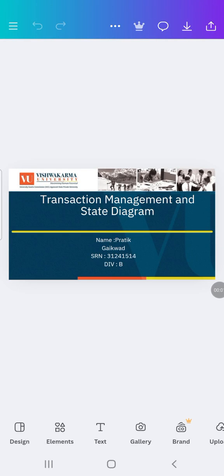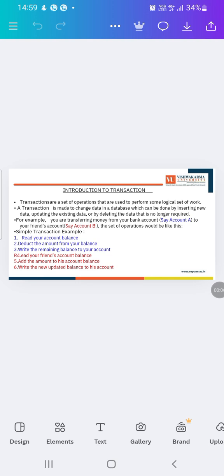Everyone, my topic is transaction management and state diagram. So here is the introduction to